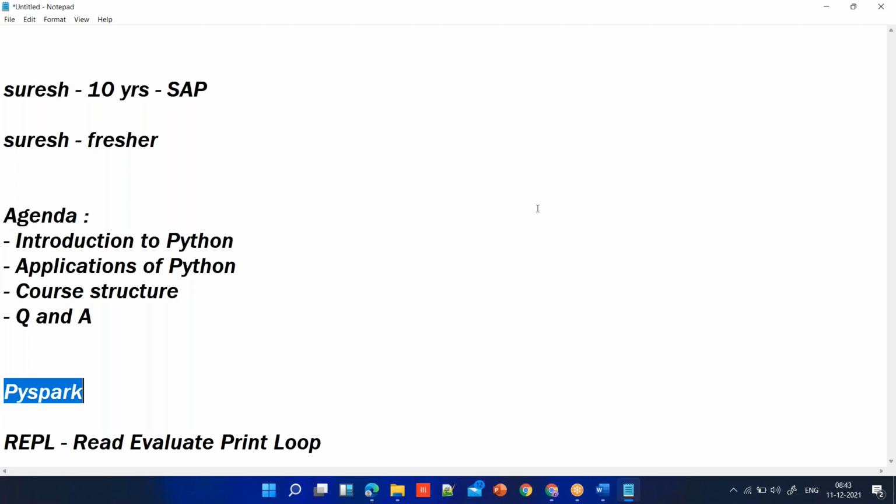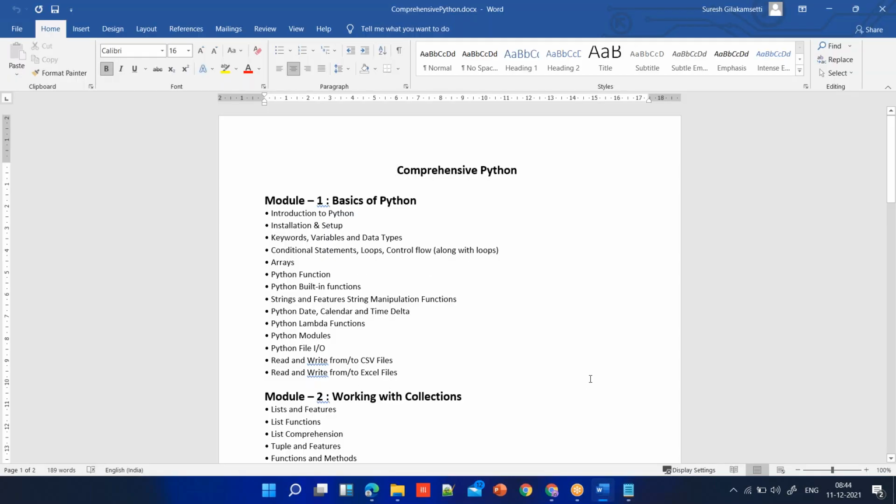Okay, now let me walk you through the curriculum. It is divided into different modules, guys. The name of my Python course is Comprehensive Python. There is a reason for naming it that way, guys. So when I say Comprehensive Python, yes, it is comprehensive. So will my course alone help you to get a job? If you are a fresher, yes. If you are an experienced guy, no. If you are an experienced guy, my Python course would give you wings to learn the technologies. It could be big data.